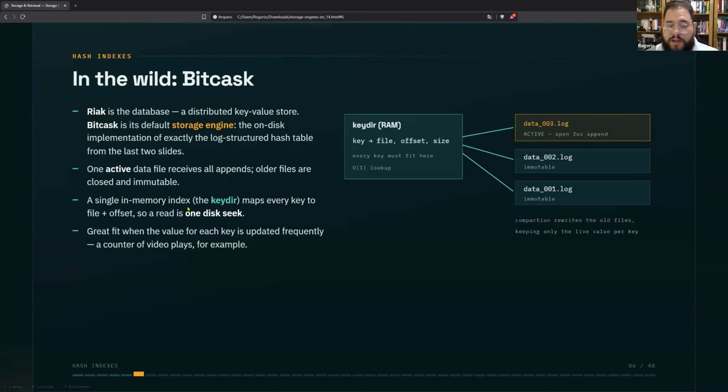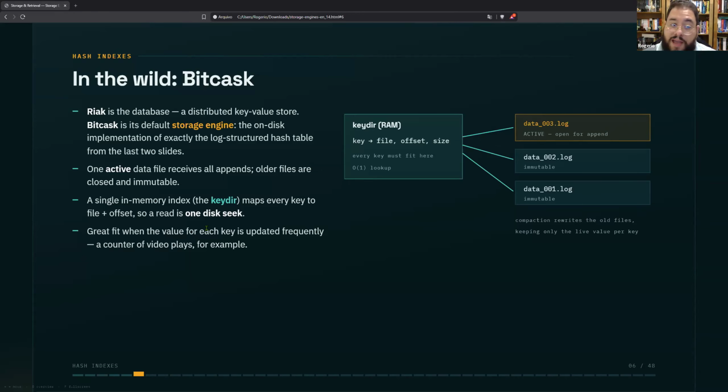A single in-memory index, the keydir, maps every key to file plus offset, so a read is one disk seek. You don't need to scan all the values because you have the indexes. This is a great fit when the value for each key is updated frequently, for example, a counter of video game plays.